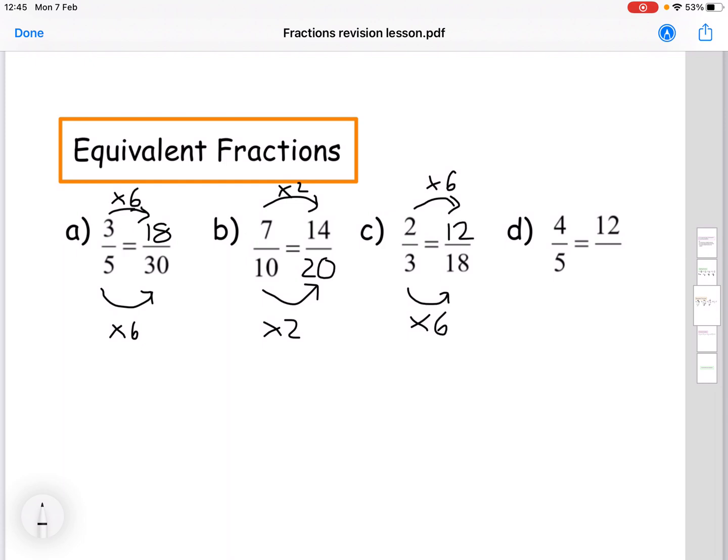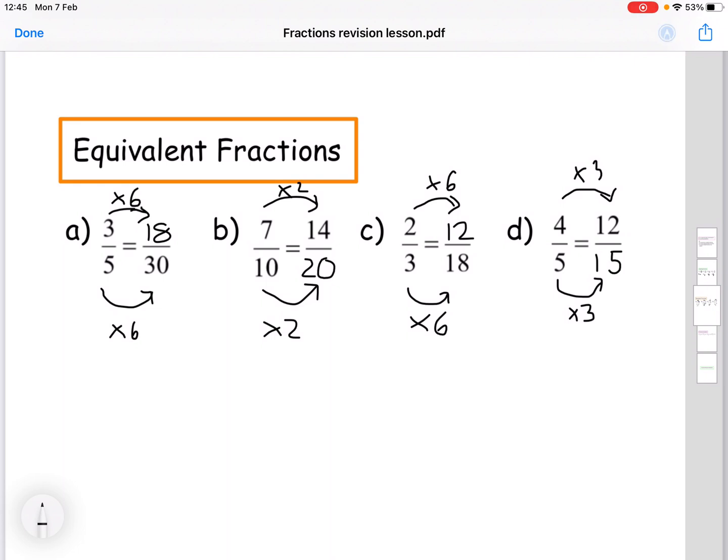Okay. And our last one there, we have 4 over 5 equals 12 over blank. So again, this one, it's the 2 tops that we have. So we work out 4 times what is 12? Well, that will be times 3. So we do the same on the bottom, times 3. 5 times 3 will give you 15. Okay, so always make sure that you're doing the same process to the top and the bottom of your fractions,